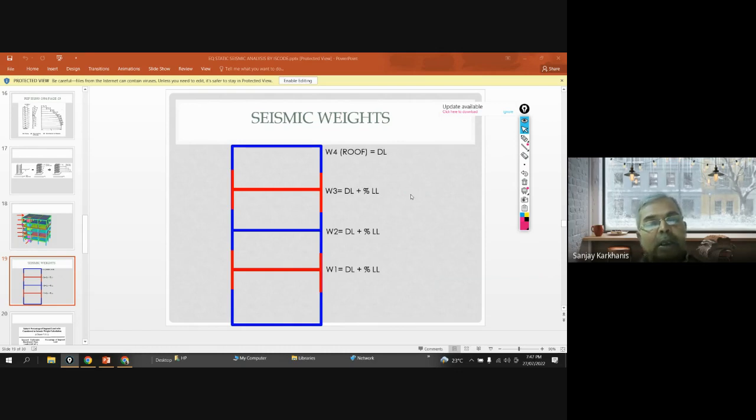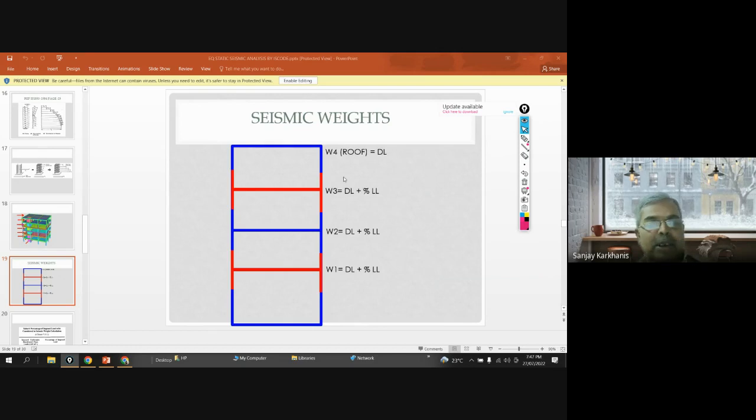Earthquake दिन के किसी भी समय आए, रात के किसी भी समय आए, ऐसा नहीं होगा ना कि डेड लोड कम आए. डेड लोड तो जो है उतना पूरा का पूरा रहेगा. So we are not reducing in dead load quantity, we are reducing only live load, and that too we are not considering fully. So with some probabilistic approach theory that has been devised by the codal provision, we can go for it,